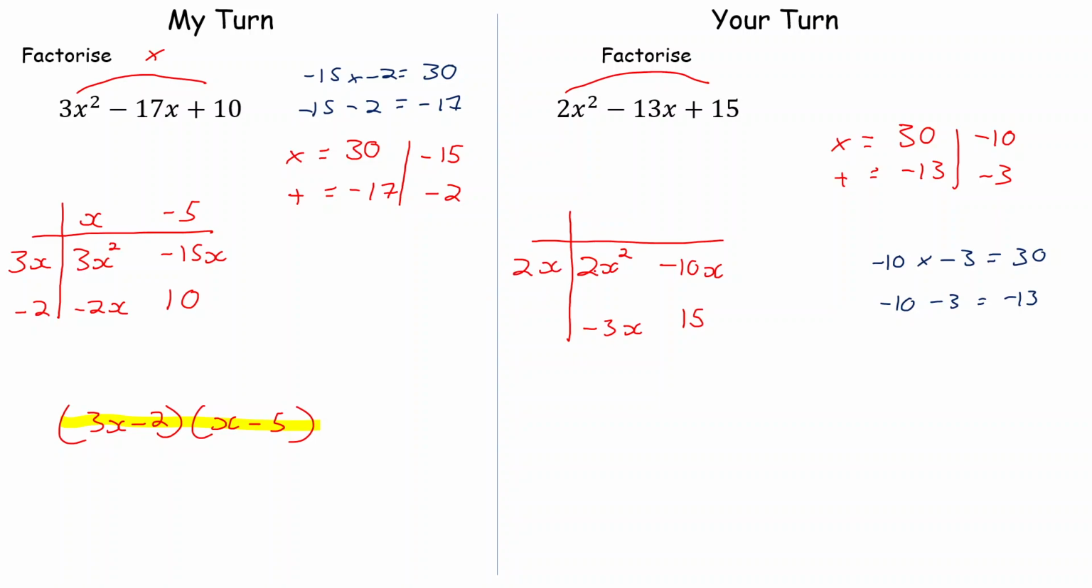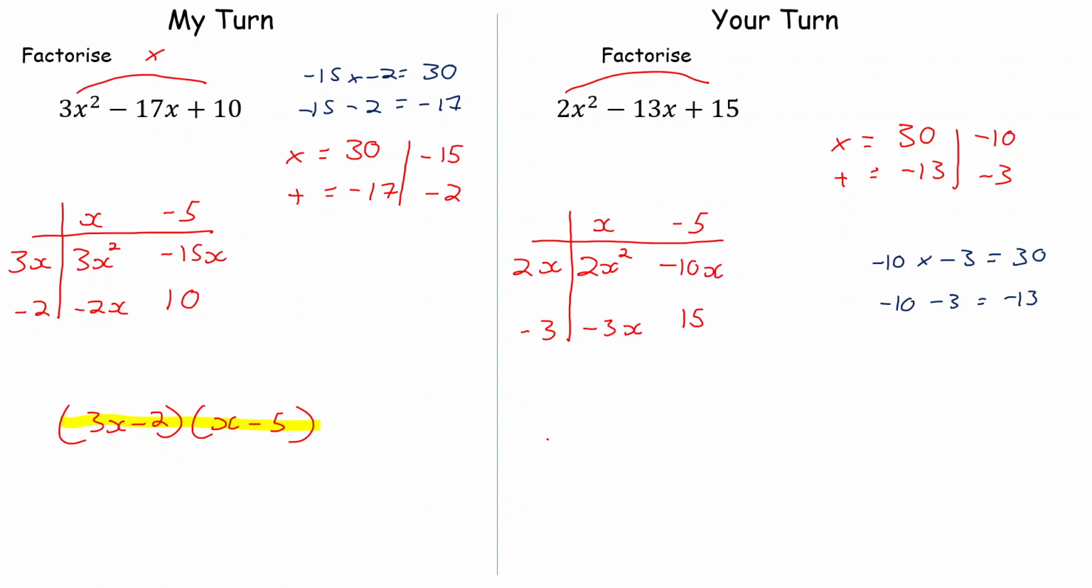Now 2x times what gives you 2x squared? We can go and put an x up here, and 2x times what gives you minus 10x. It's going to be negative 5. 2 times minus 5 gives you minus 10, and you've got the x there. X times what gives you minus 3x? It's going to be negative 3, and then hopefully negative 3 times negative 5 gives you positive 15, which is